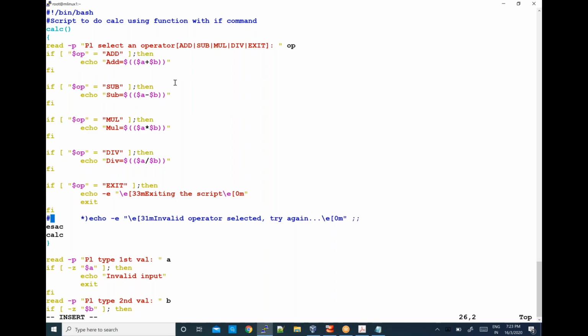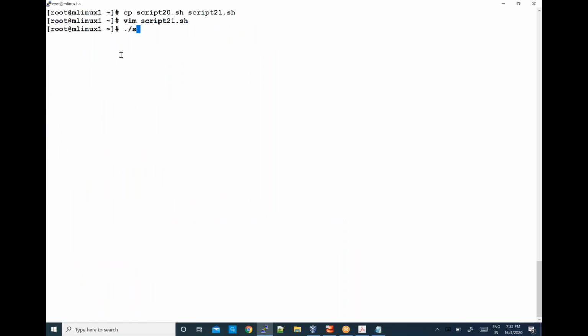So you see here, I am taking input from the user and checking whether the given input matches add or subtract or multiply or divide or exit. Whichever is matching, it is going to perform that activity for us. Now let me save and quit. Let us go for